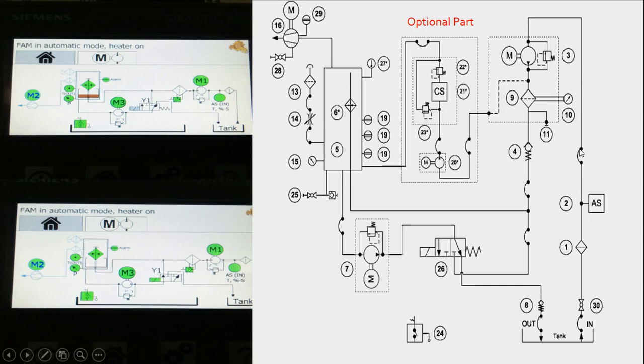Then we have a flexible coupling. This is the filling pump, which helps to shift the oil into the vacuum column. After the filling pump we have a filter with a clogging indicator. Then we have an NRV, and here is the vacuum column. This is the heater, and this is our vacuum pump, which helps to produce vacuum and to remove moisture content.